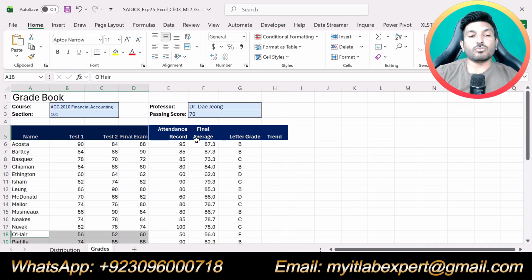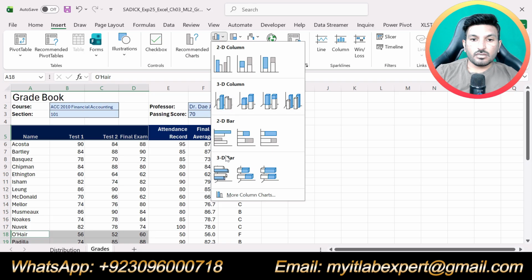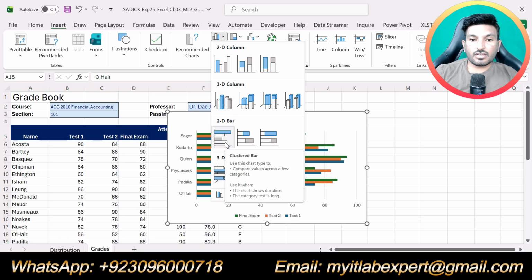After selecting these 2 ranges, click insert tab, clustered bar chart, this one. This is the clustered bar chart that we are supposed to insert.